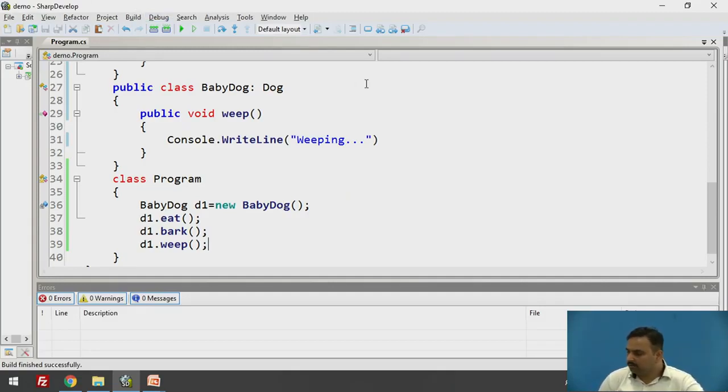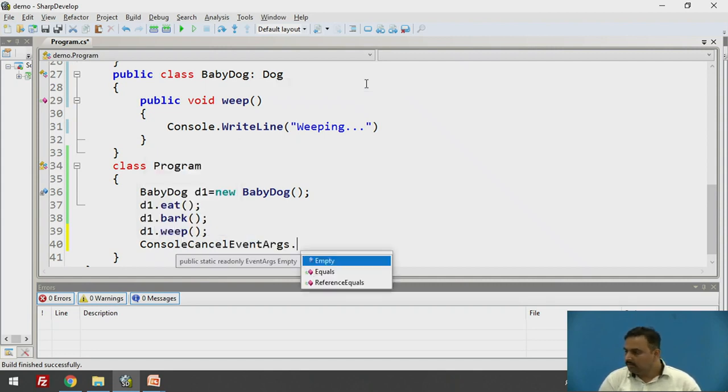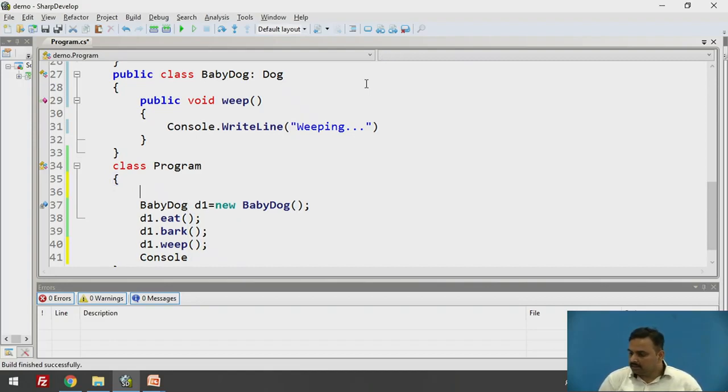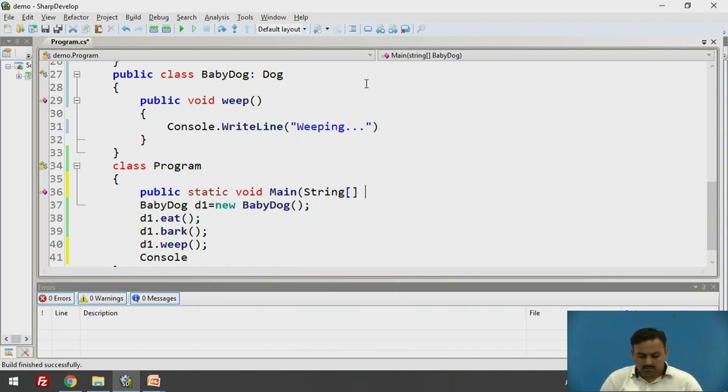And after that you have to write the lines for Console. Just a second, something happened here. I just forgot to mention here the public static void Main, string arguments.